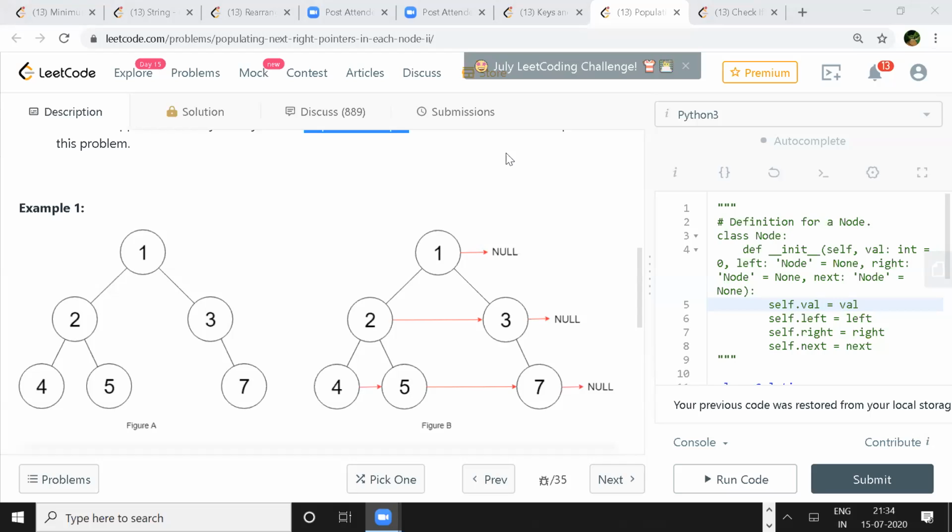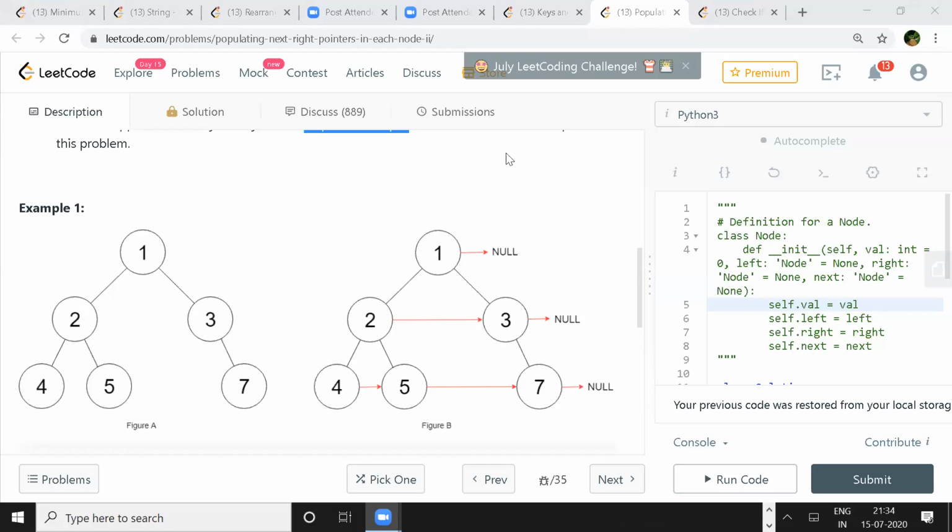So again, you'll use some traversal, right? Even if you use iterative, you'll use some traversal, post-order or pre-order, any of the traversals.